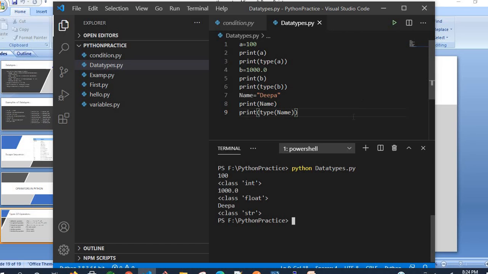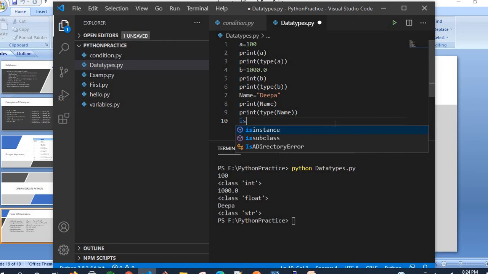And the fourth data type we have is boolean. For the boolean we have to give the values like true and false. For that what I'm going to give is a variable, equal, equals to true.